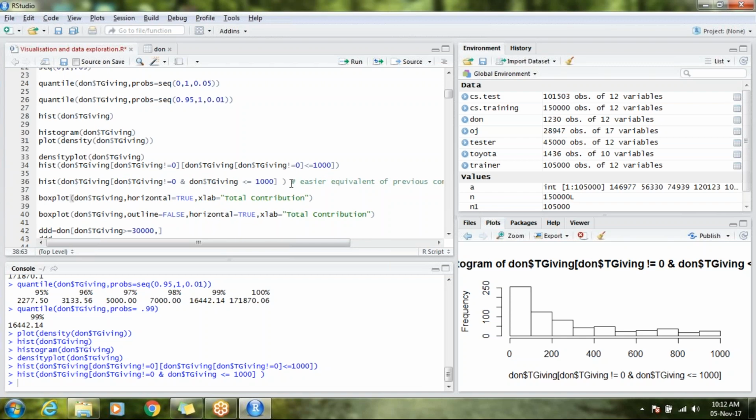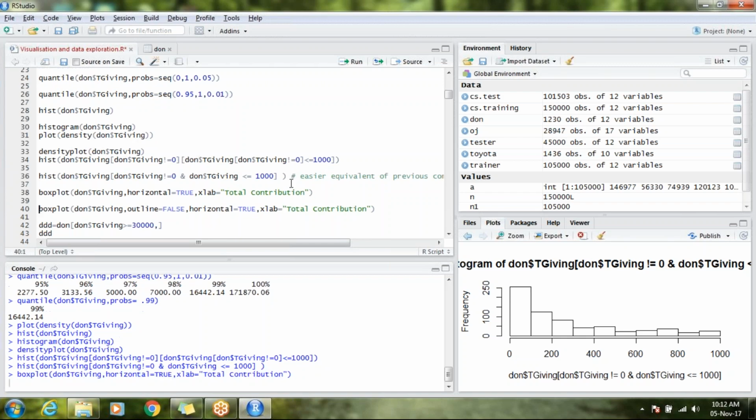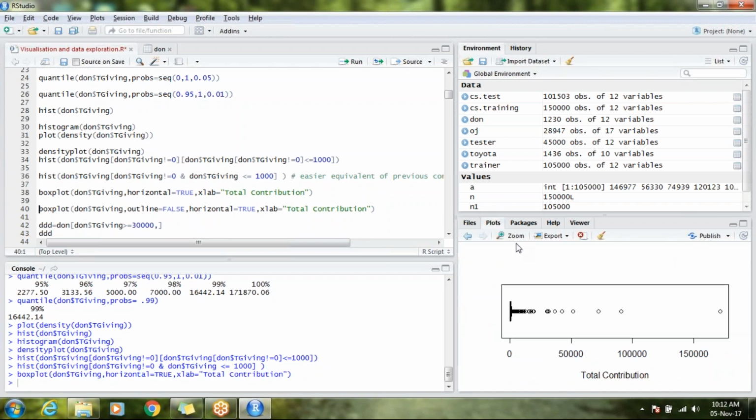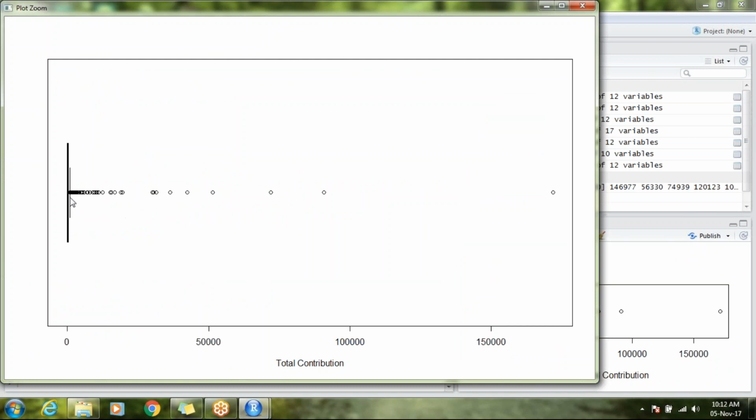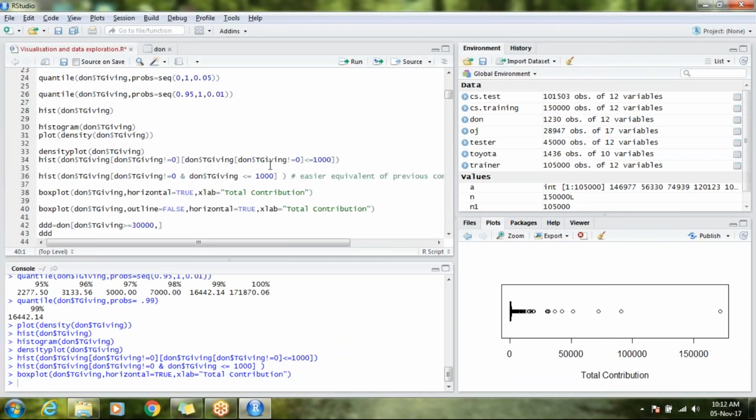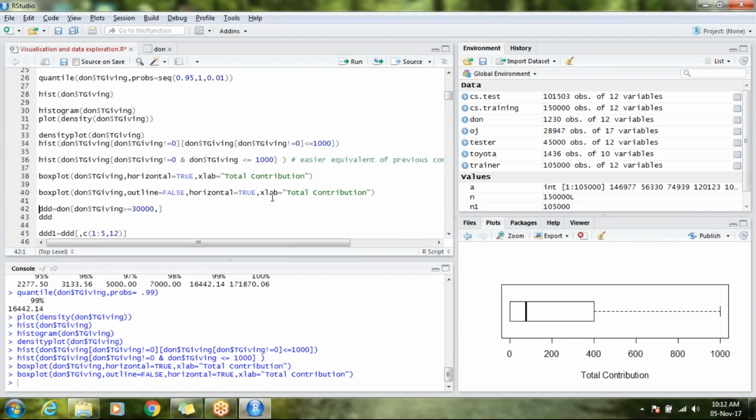So let us have a box plot and understand. In the box plot also, most of the population is near zero, and there is some population outside. Everything has been concentrated here. Now again, if I change the orientation and see,